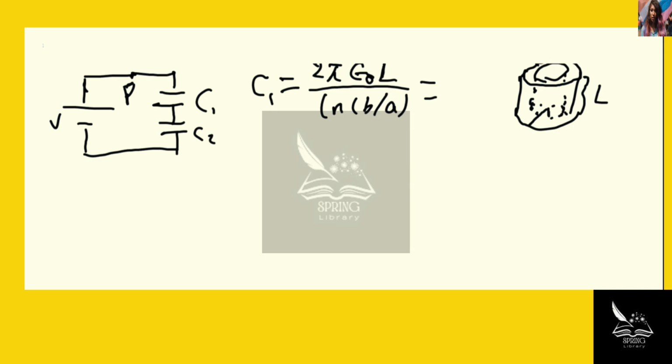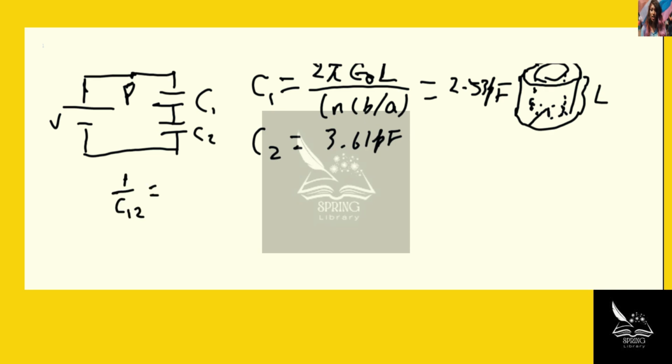C1 is 2.53 picofarads. And for C2, similarly, you can just utilize the information of its L, B, and A, and you can obtain that C2 equals 3.61 picofarads. And the combination of C1 and C2, as you can see, they are connected in series. So the combination of them will be